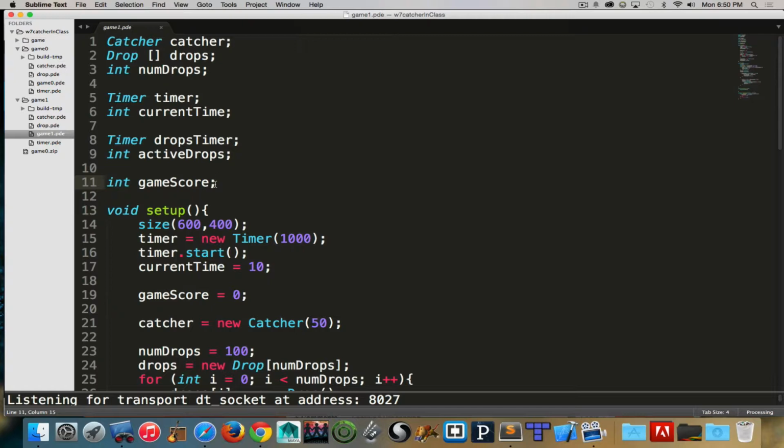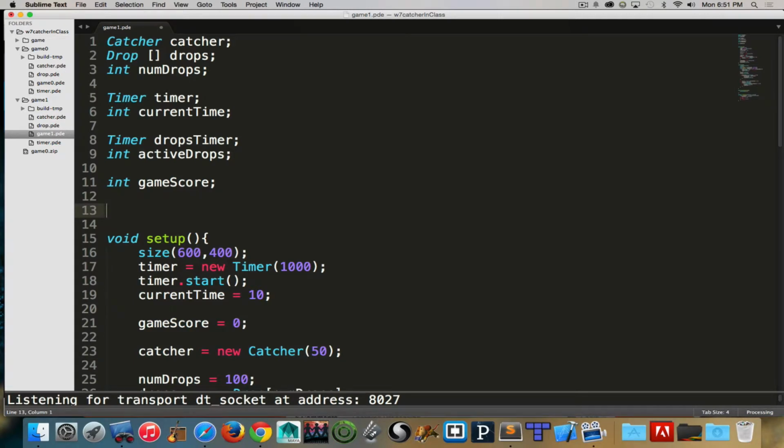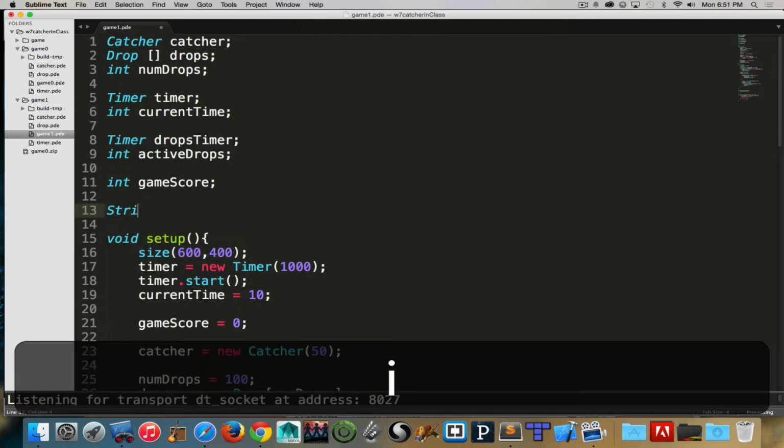Now, there are constants built into processing, but they're a little bit harder to access, and we're not going to work with them directly. So we're going to create pseudo constants. And a constant is a value that theoretically never changes as your program runs. It's an item that you set at the beginning, and then it will remain the same the whole time through. But we are going to now create a variable, and it will be a string,